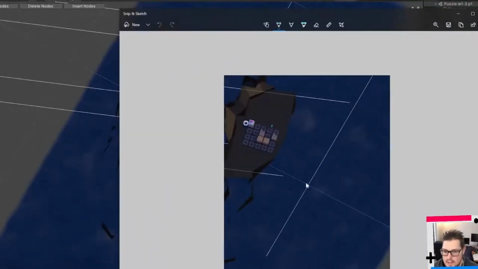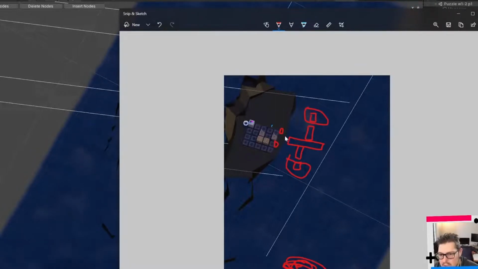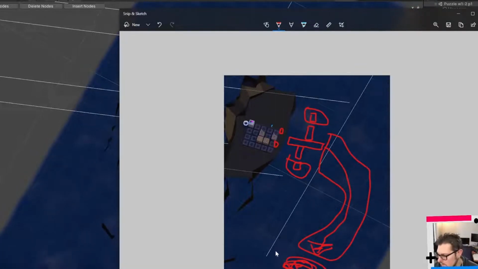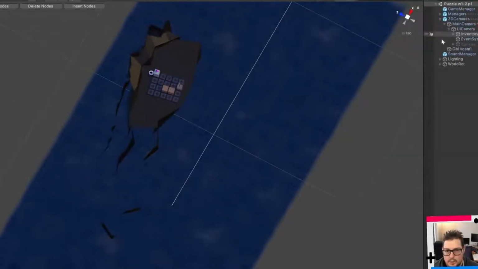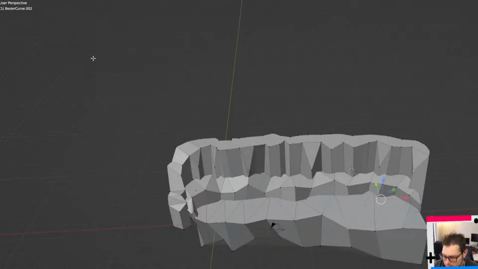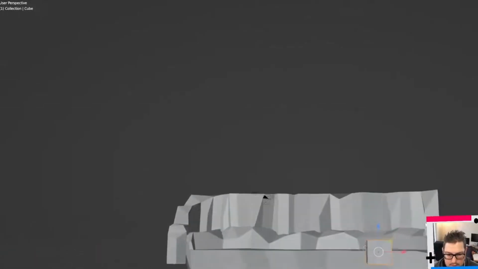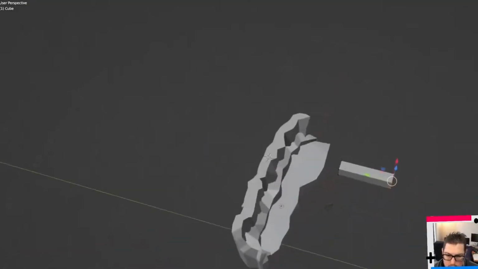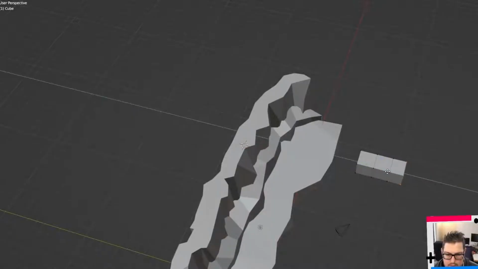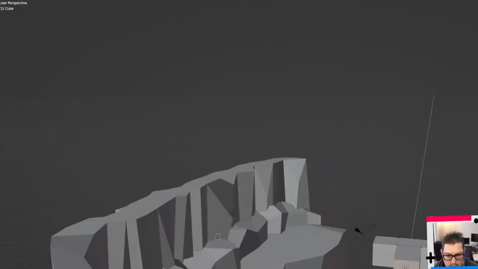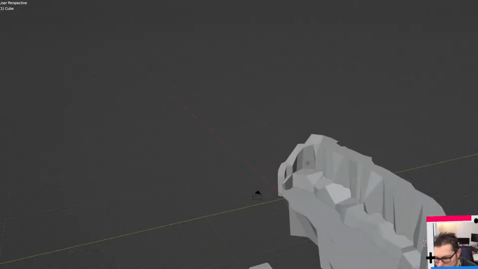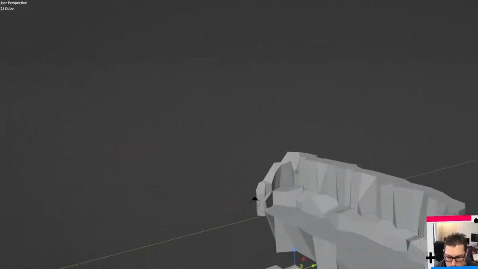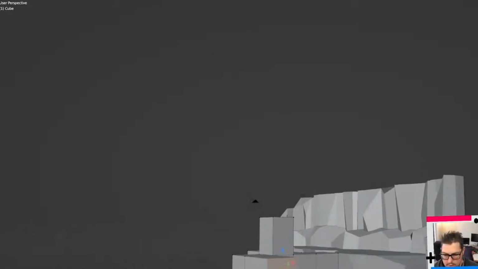At the end of the day, I used to really struggle with art. What got me involved with this to start with was that I started designing a lot of the levels, and I found it easier to get into Blender and make the levels, and then I would pass them to our artist and he would do the art for those levels. Over time, I realized that what I was giving him, he would just put a nice material on. He didn't do that much with the pieces that I gave him.